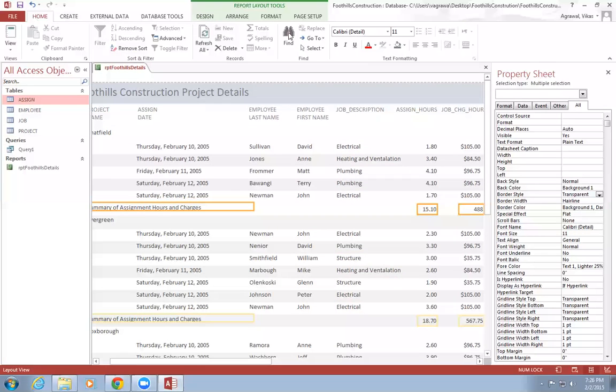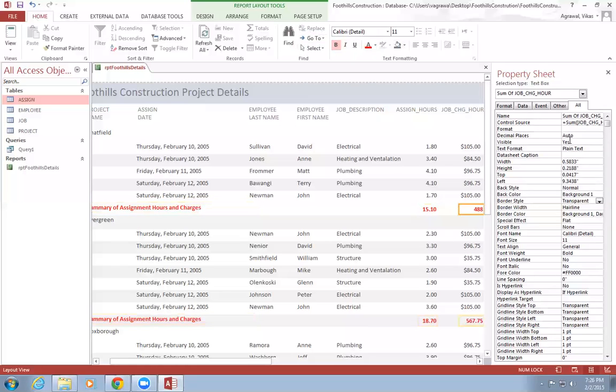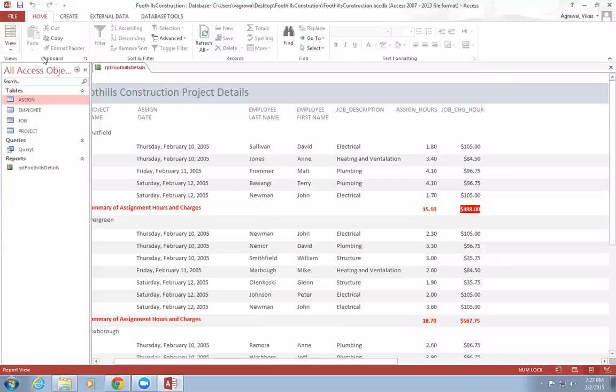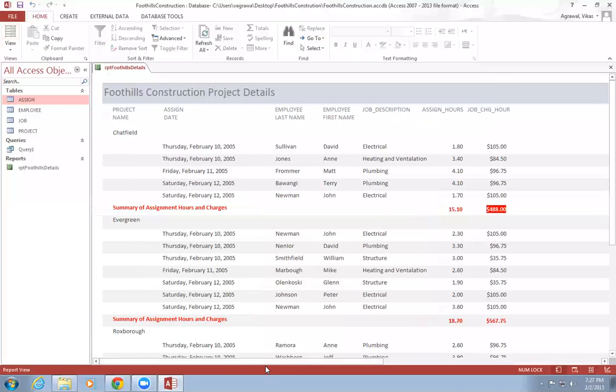That's very easy, like you do the font in Microsoft Word or Excel, make it bold red, right? This one should be a currency, so format type I can say this is a currency here, right? And I guess we are pretty much done here. Okay, this is what basically we wanted to create,